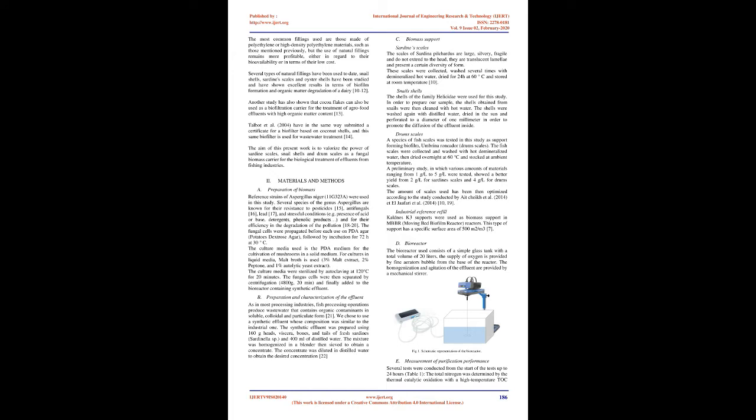The aim of this present work is to valorize the power of sardine scales, snail shells, and drum scales as a fungal biomass carrier for the biological treatment of effluents from fishing industries. 2. Materials and methods. A. Preparation of biomass. Reference strains of Aspergillus niger,